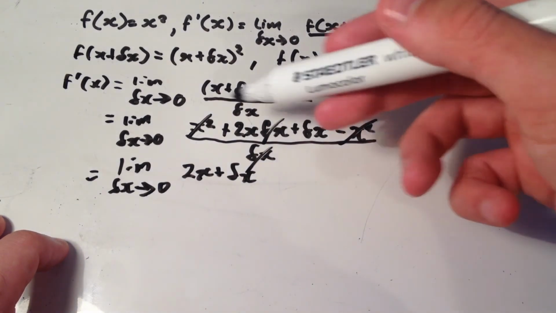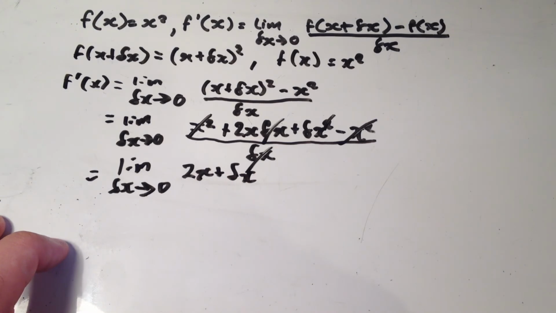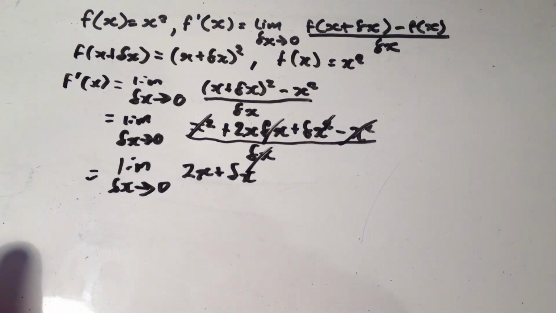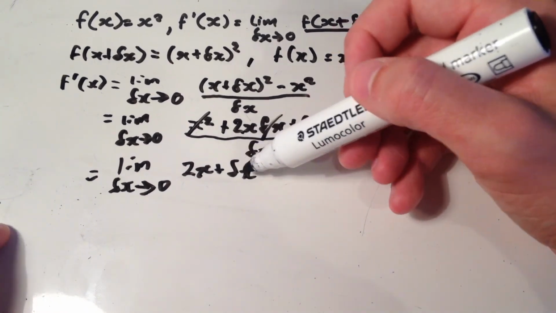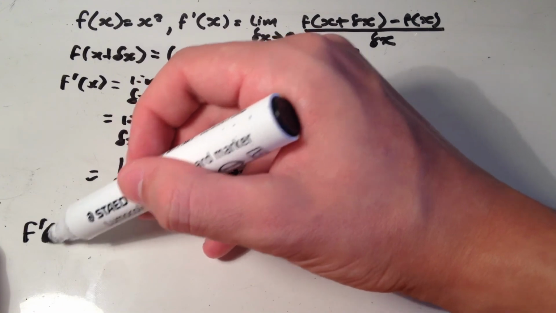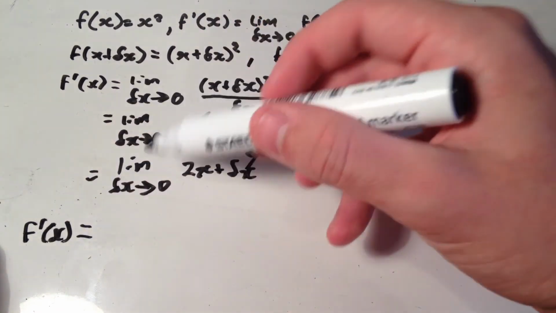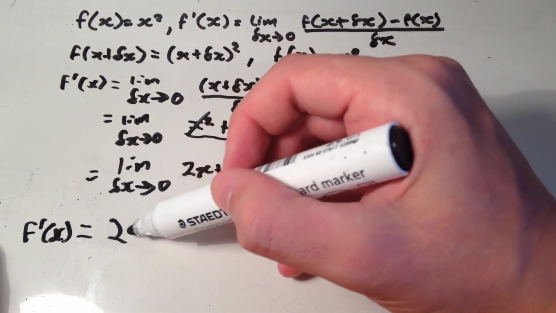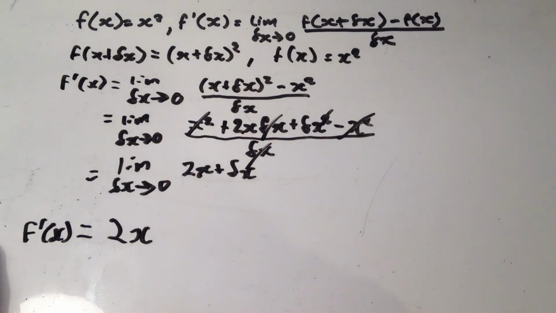So now it's safe to let dx tend to 0, as we'll actually still end up with an answer, which is f dash x now equals, when dx equals 0, just 2x. Yeah, this is what